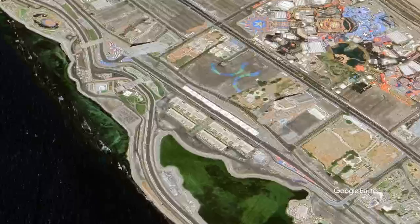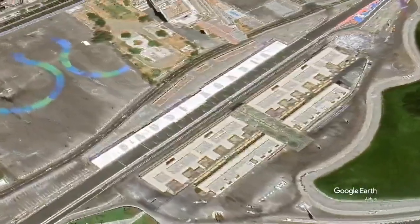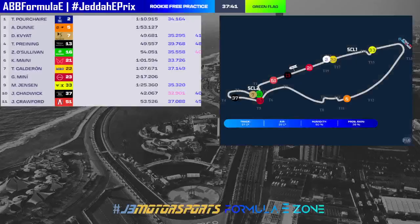Underway with the rookie test here at the Jeddah Corniche circuit. And we're all set to go. As we get ready for TV pictures, let's cross over to the world feed and join Tom Brooks alongside Karun